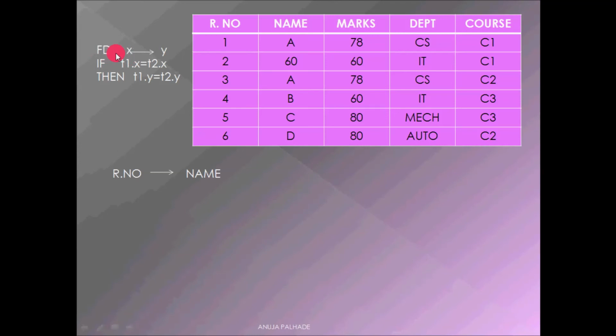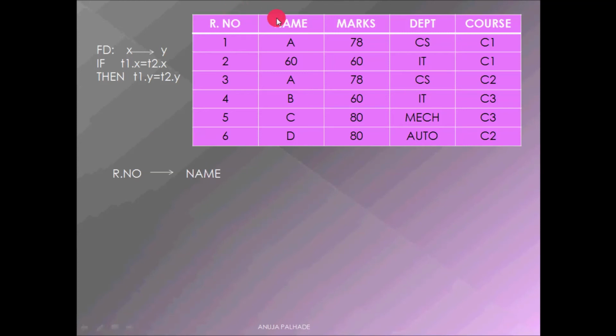As a reminder, this is the functional dependency definition. If I say x determines y, in that case, if two tuples of x match, we have to check the tuples of y, which must match. I recommend you say must. Only if x matches, the dependent side must also match. Now tell me, from the above relation, if I say roll number determines name, is it true?